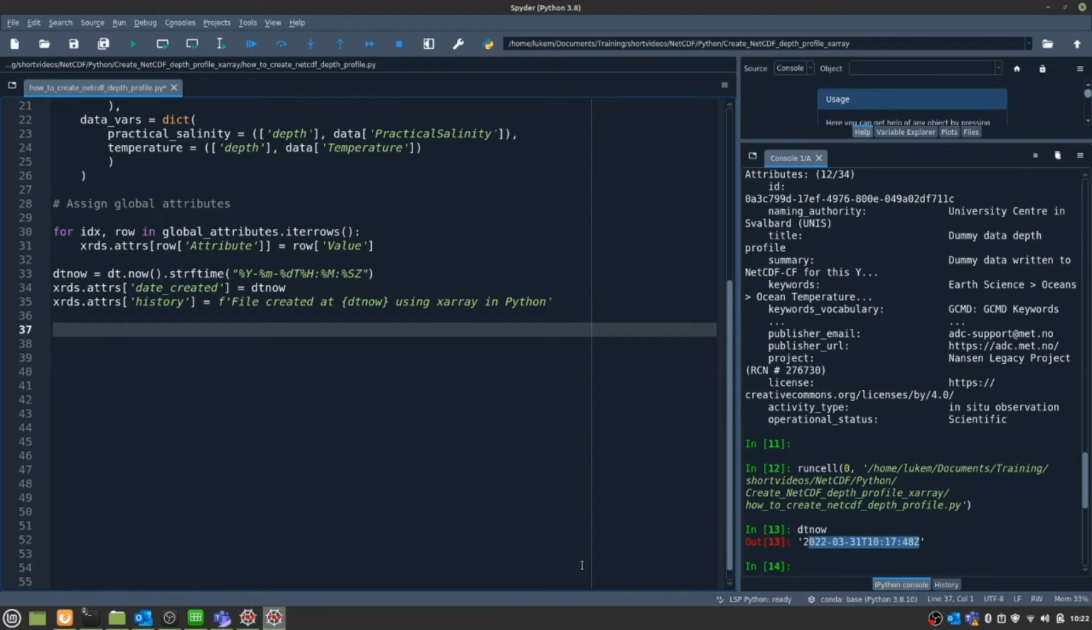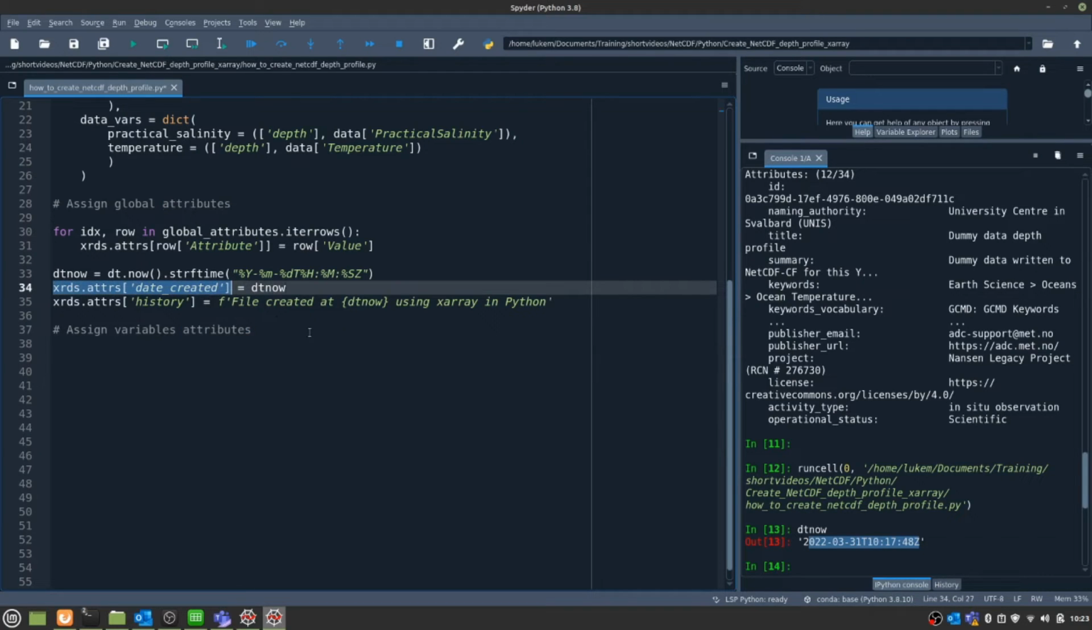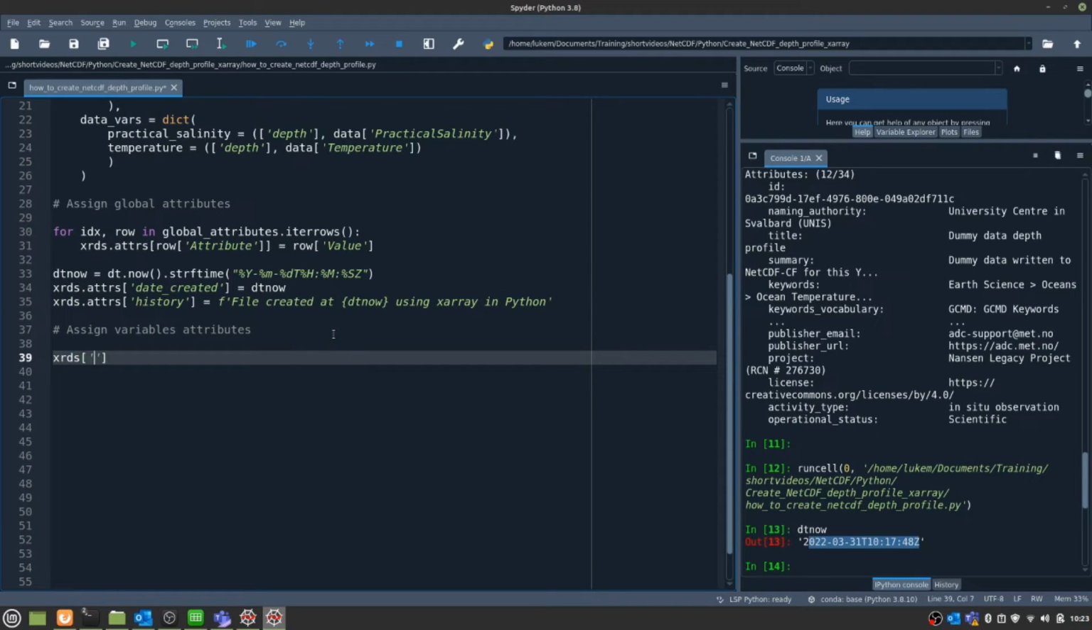And what we're going to do now is assign variable attributes. What variable attributes are, they're attributes that describe the variable, so each of our variable terms, so our practical salinity, the temperature, and the depth. This is done in a very similar way to how we assign our global attributes, but this time we write xrds and we tell it which variable we want to assign our attribute for. And then again, .attrs,